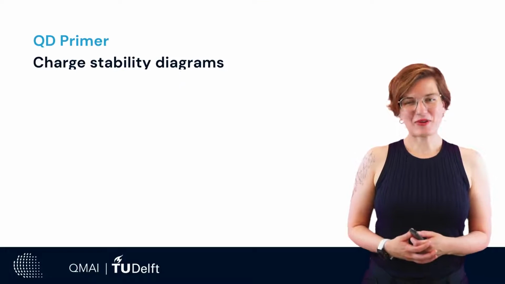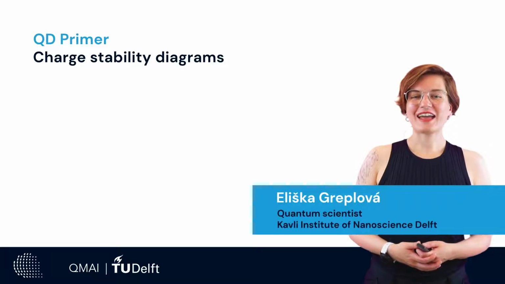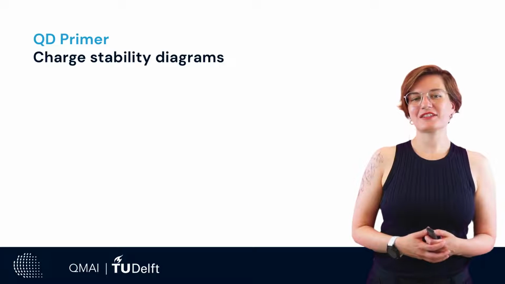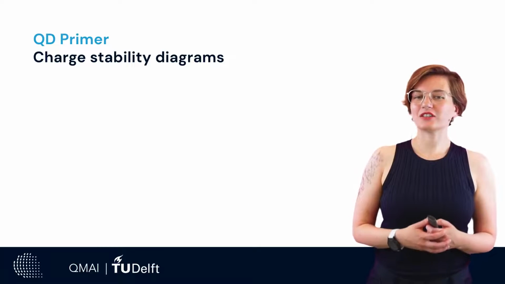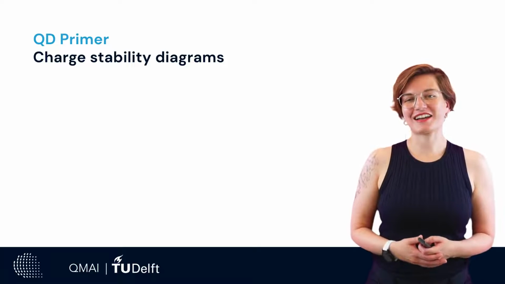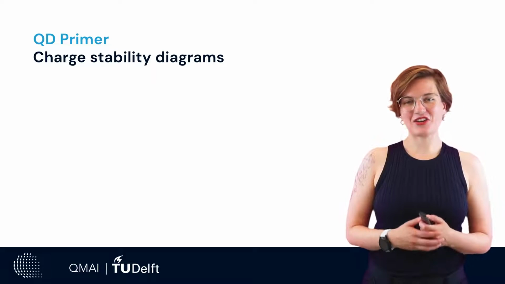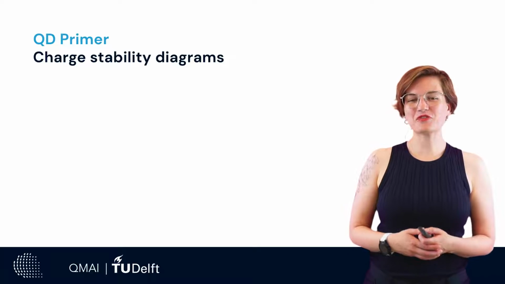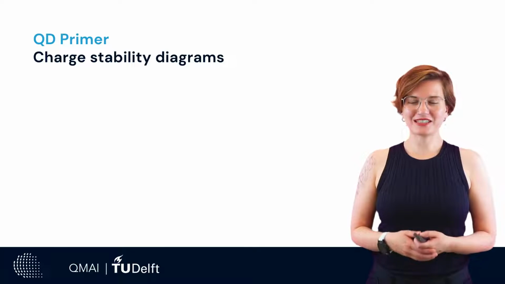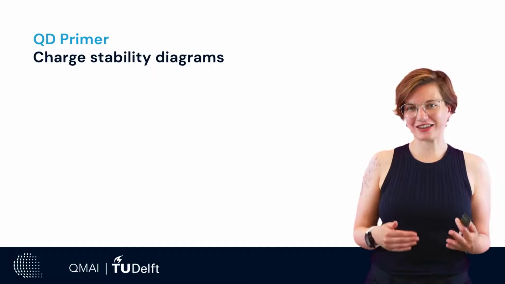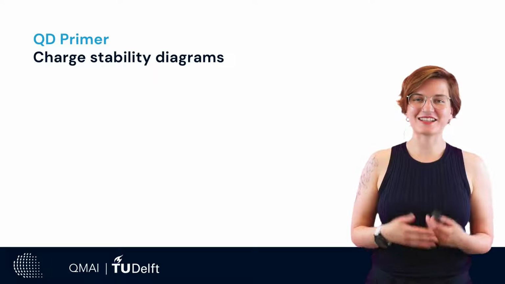Let us forget about machine learning for a little bit and quickly do a quantum dot primer section on the introduction to charge stability diagrams. You already covered charge stability diagrams in your recommended prerequisite reading for this course, but let me quickly review them so we set up our language, terminology, and notation for the machine learning tasks that will come up in the